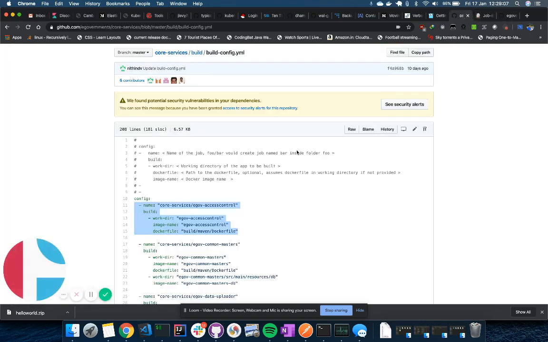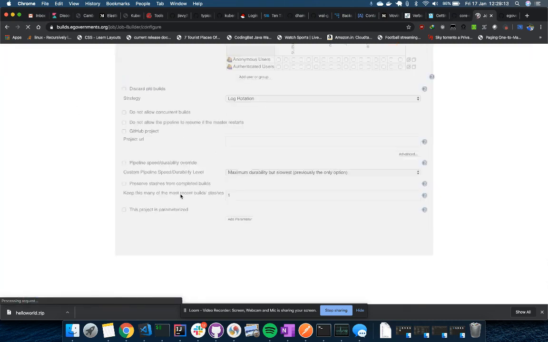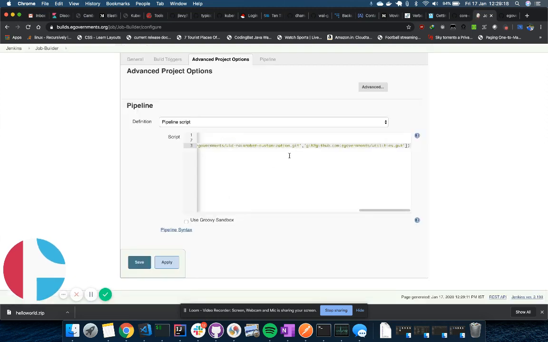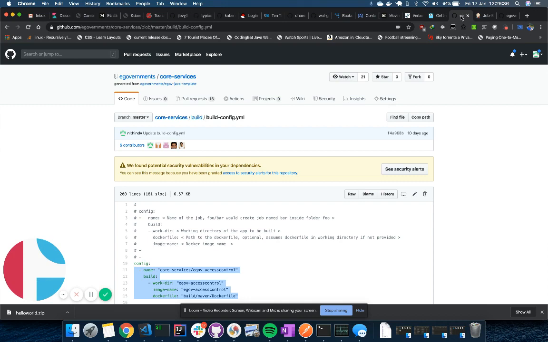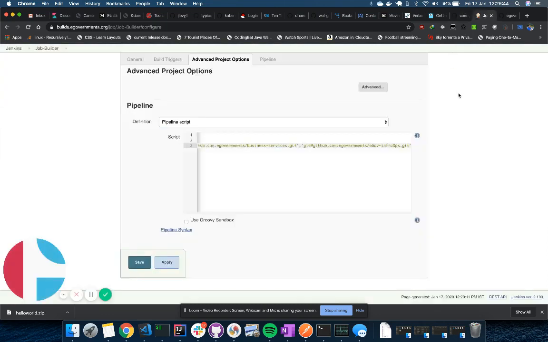What the job builder will do is, there's a preset configured number of repos here. So you can show that as well. Okay, so you have core services, Rainmaker customization, front end, eGov Infra, business services, municipal services. These are all Git repos. You must have seen them as well. So all these repos have been configured so that it's going to go to each one of these repos, clone those repos, get the build config of each one of the repos, parse that file, and based on whatever is here, it would then create the jobs for all of them.